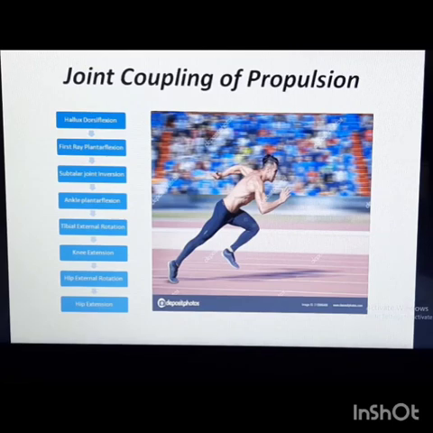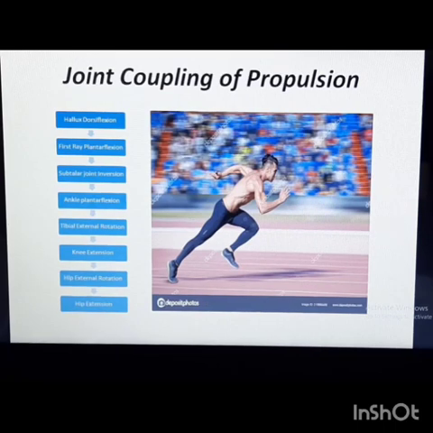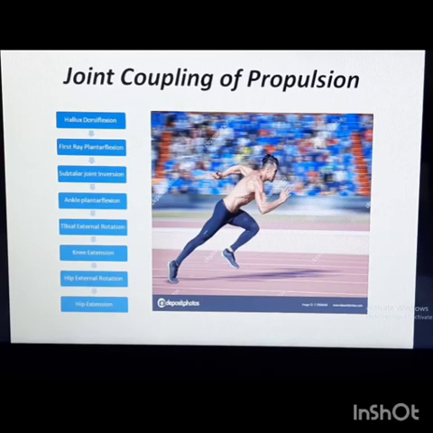Supposing the foot is pronated, then the tibia, instead of going into external rotation, will internally rotate, the knee will internally rotate, and your hip will internally rotate. So the gluteus maximus won't be able to function appropriately. The power and the strength of the gluteus maximus will be compromised. So you need to make sure that the athlete has good biomechanics of running.